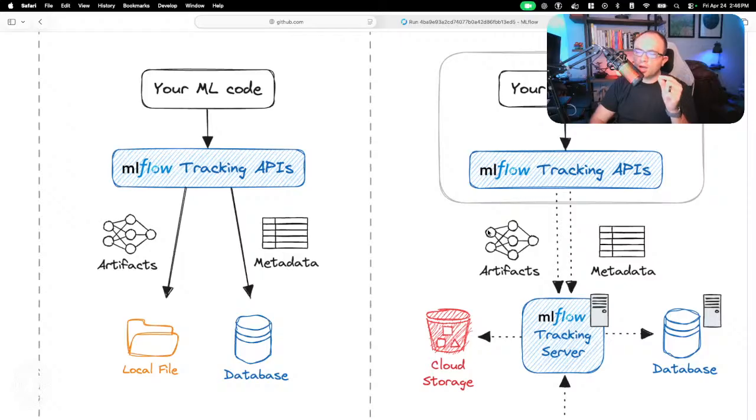Along with that, we can create what is called a model signature. What the model signature is basically saying is, MLflow, you are going to be serving this model out for inference through the tracking server. How do you know what inputs to expect, what outputs to expect? That is defined by the model signature here. And there's a really easy way to get it.